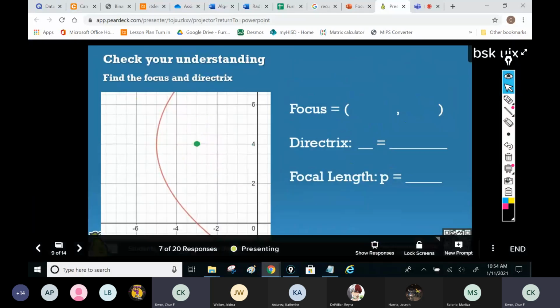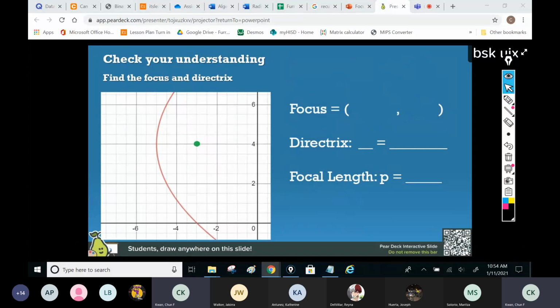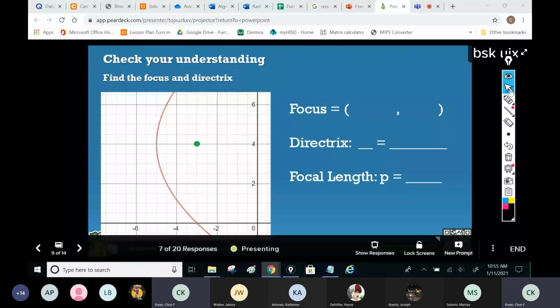All right, and I'm also having a lot of you guys who are not trying. Come on, guys, just give it a try. You will see a problem like this on the final exam, and the final exam is 2 weeks away. So just do yourself a favor. Just at least try out one of these problems. You really don't want to fail the final exam, guys.